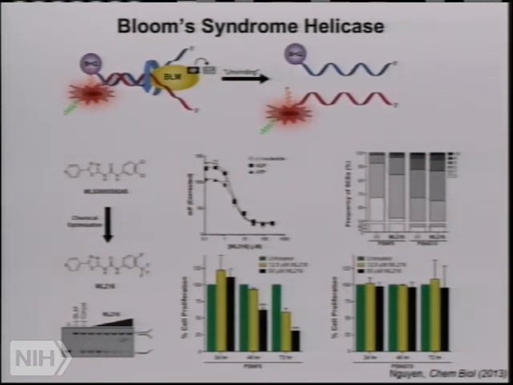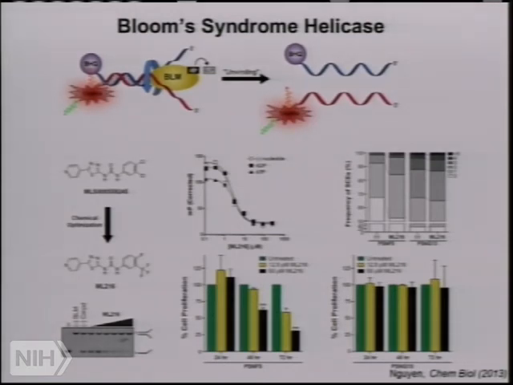We use this assay to screen about 250,000 compound library and found this small molecule as a hit from the screen. Our medicinal chemists performed multiple rounds of optimizations to derive this final Bloom inhibitor, which was also tested in a radioactive assay to show the same type of inhibition.